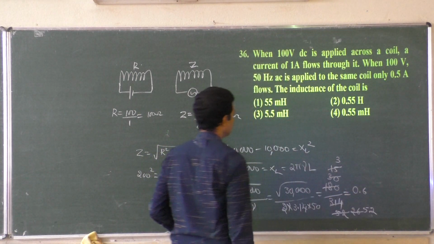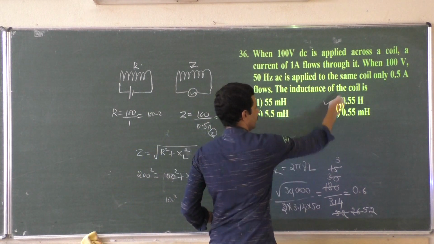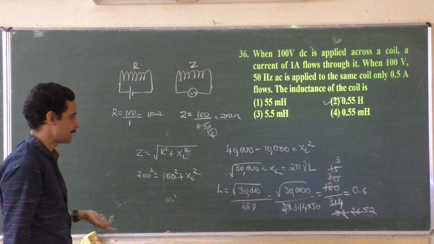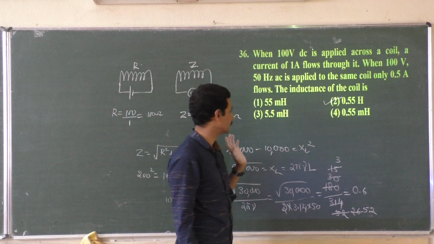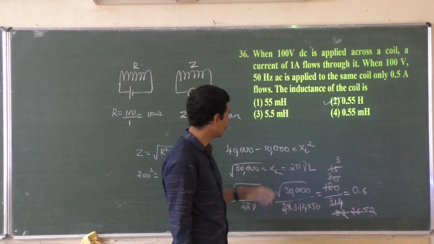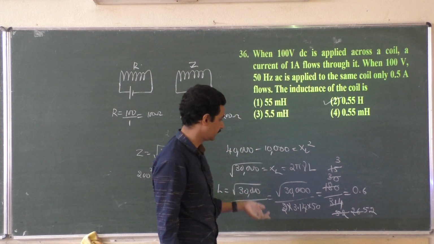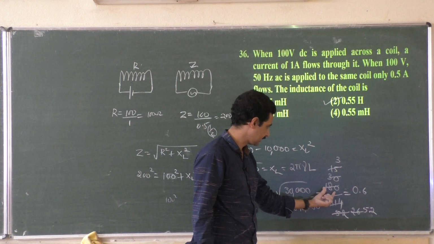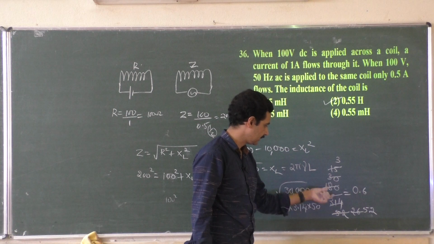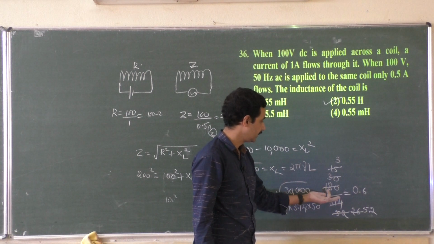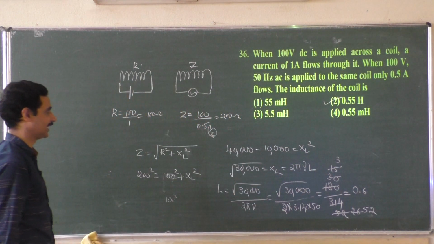It is about 0.6. It is 0.55 Henry, right? Only 1 Henry you have. All the other options are millihenry. It cannot be millihenry. Can it be millihenry? No. So that idea can be used to get the answer. See, the square root of 30,000 is almost 180. It should be less than 0.6 because it is 170 something by 314. It is 1 by 2 something like that. It is 0.5. No tens of powers remain, only 1 Henry. Finally got it. Second option.